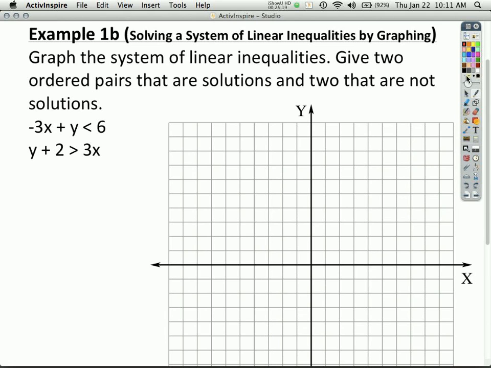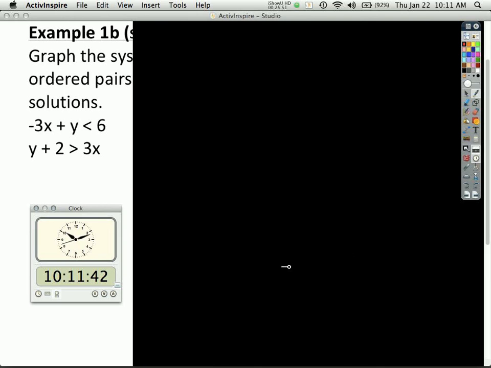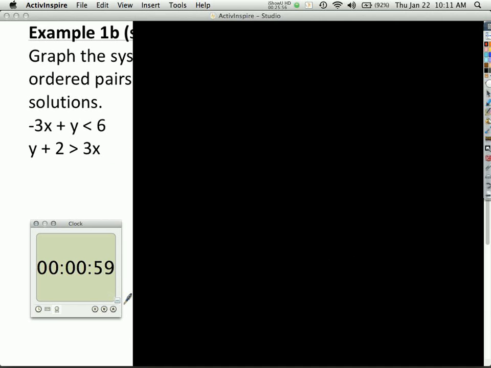So now, I would like to do this, since this is not a checkpoint, this is a learning process, in a couple of different parts, in a couple of different steps. So we have to graph this, and when it comes to inequalities, the best thing to do is to get it into slope-intercept form. So what I would like you to start out with is, I'm going to give you a minute. I don't want you to worry about the actual graph. I want you to just rewrite, get it set up for graphing. So this is individual, not team. Take 1 minute, get it set up for graphing. Should take you 1 minute or less.